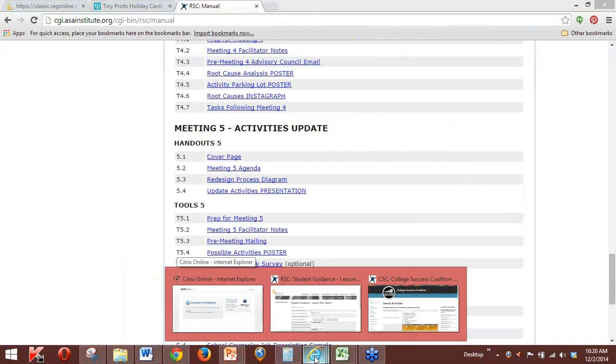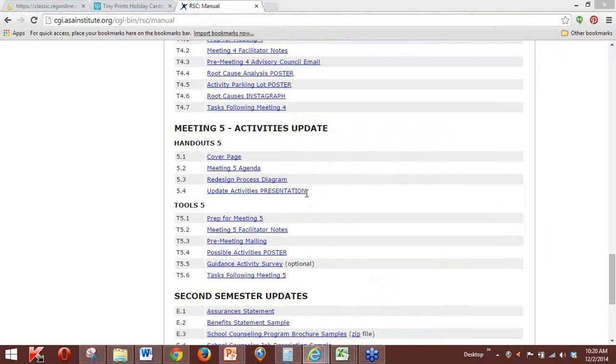Okay. So the first one, this is the RSC database of the activities that school counselors have entered. So when I click on that link or enter that link as one of your advisory council members, I'm going to go here. And let's say that your priority goal was to increase the percentage of kids who could identify their career interests. So what I can do is to just put in these words, career interest,